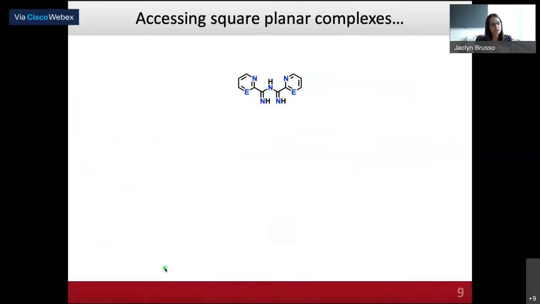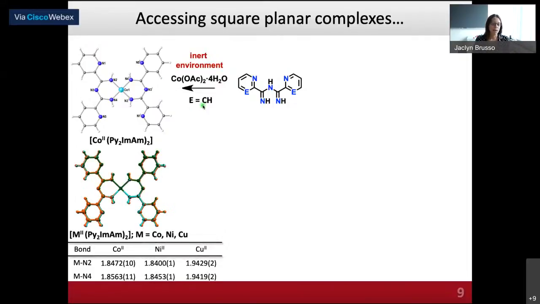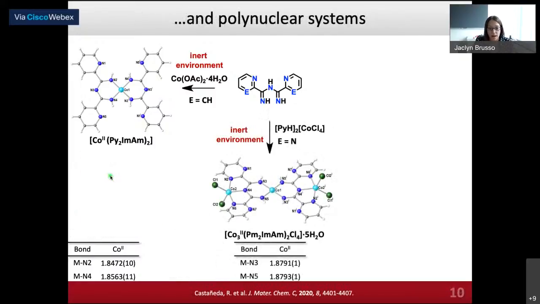In keeping with this theme of extending the network, we wanted to access a square planar core so that we could get a planar molecule and then tap into the axial position to extend the network. We found we could achieve this by reacting under an inert environment with cobalt, and we could also generate the nickel and copper systems as well. In order to tap into the coordination at the periphery, the tridentate and bidentate site,